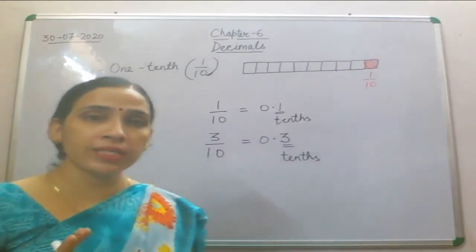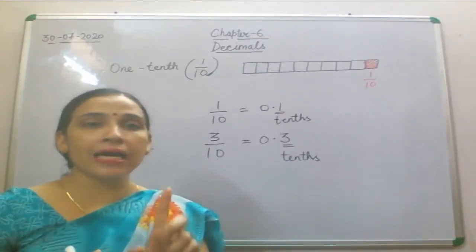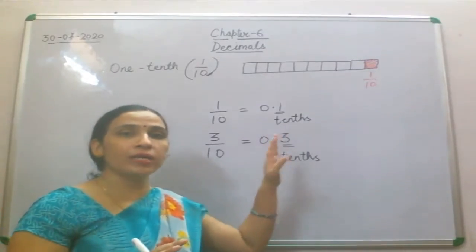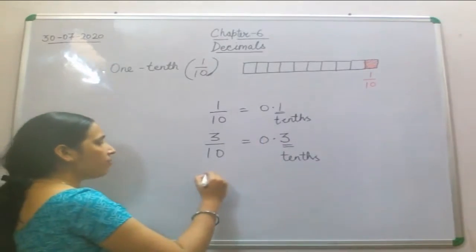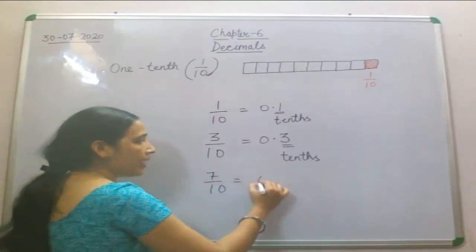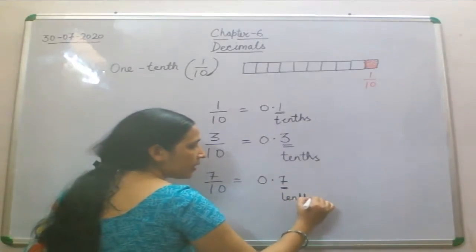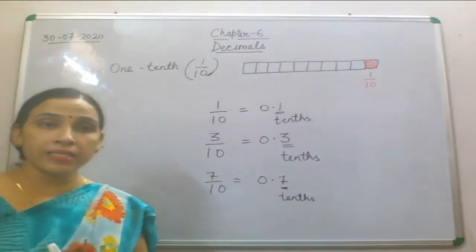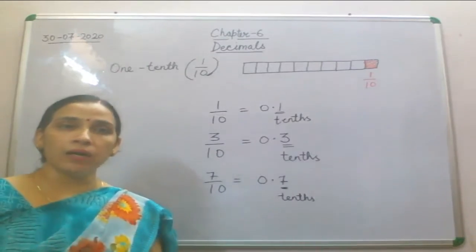So what is that tenths place? Out of 10 you are going to shade one part of it, and that will become 1/10. 1/10 will become 0.1, and if we take 3/10, we can take one more example. If we have 7/10, again we count it from the back, and that will become 0.7. Again this place is the tenths place. So you have to understand these decimal places, and then we will move to the further questions.